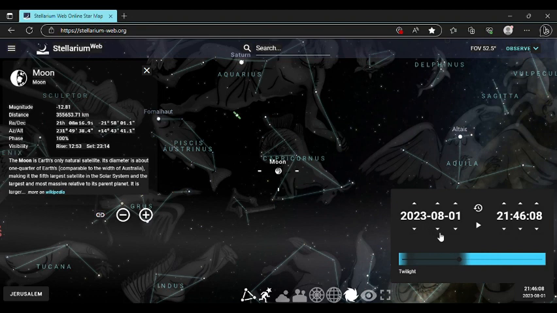And another special thing here is, look at the date. It's August 1st. So this month is going to have 2 full moons. So the second full moon in a month is called a blue moon. And that's because it doesn't happen very often. That's where the phrase comes from, once in a blue moon. And that's where we get this here. So the next full moon is going to be